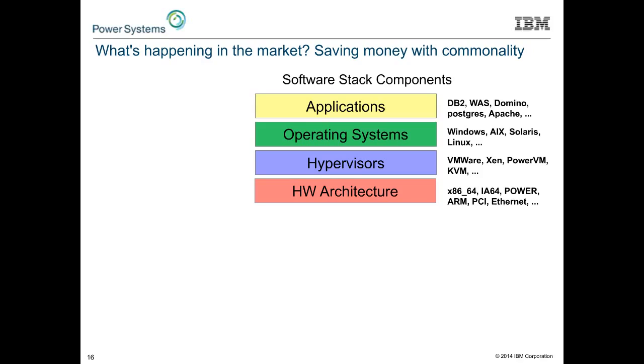Here's what I see happening. If you have this software stack on the right-hand side of the page, applications are at the top. We could split applications into apps and middleware, but that's largely irrelevant. Just think of the end-user consumable pieces as the application. We certainly have operating systems underneath that, so applications run on operating systems. We're all familiar with Windows, Linux, AIX, iOS. Those operating systems may or may not sit on hypervisors. That's a key part of my thinking here, so I'm going to include hypervisors as a separate level. And then, of course, we have the hardware architecture underneath.